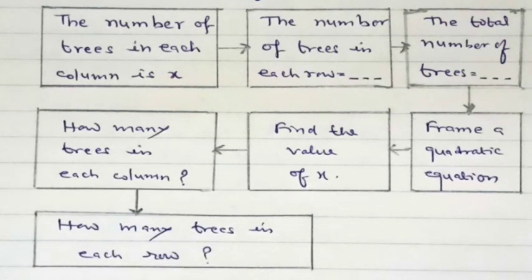So it's the same question, but it is given in the form of a flow chart, or you can say an activity, and most of the things and hints are given to you. So it's very simple to solve. The thing is that you have to use the given condition stepwise. So let's begin.